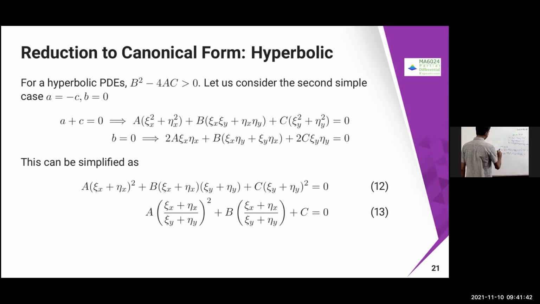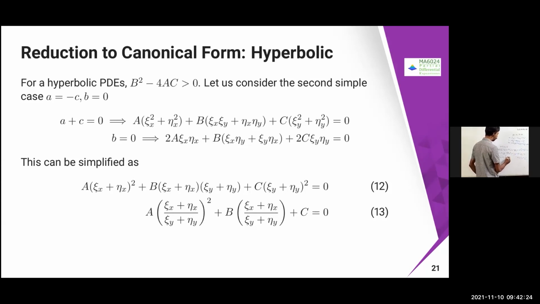Now if I sum this together, what you are going to get is chi x square, eta x square plus 2a chi x eta x. So this one I can write as a into chi x plus eta x whole square. Similarly this one, if I sum, you are going to get c into chi y plus eta y whole square, because you can get that from the a plus b whole square formula. Now the remaining part, these two things: if I sum this together, I can take chi x common here, then I'm going to get chi y and eta y. And if I take eta x common here, again I'm going to get chi y plus eta y coming here.